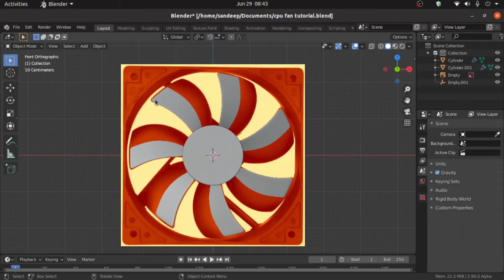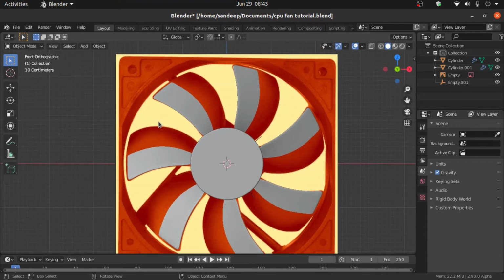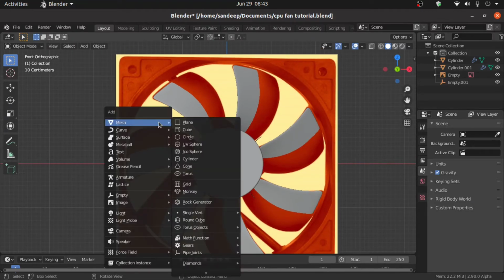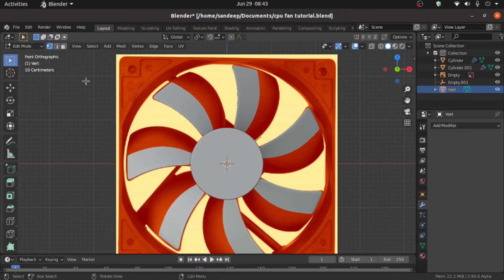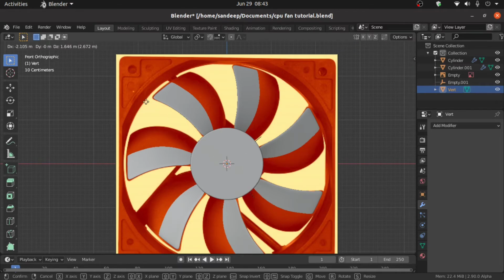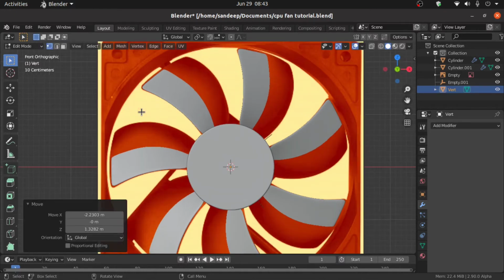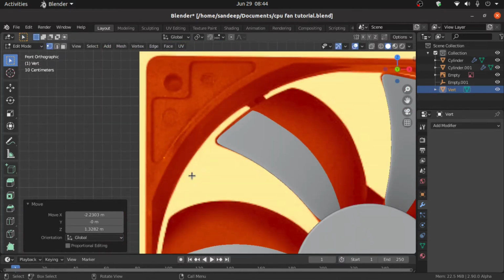Now we have to make this part. So press shift A. Under mesh, select add a single vertex. Now press G to move this and keep it here. Now press E to extrude and extrude as per this reference.